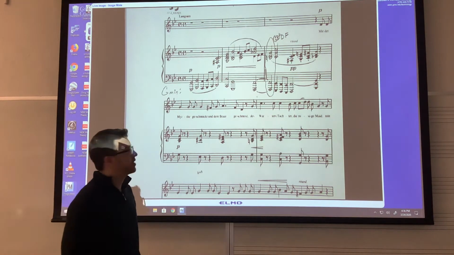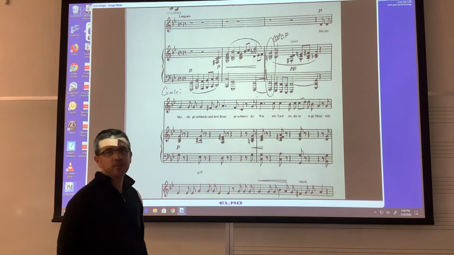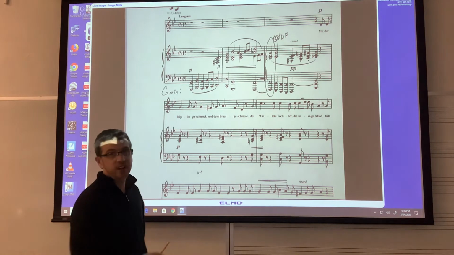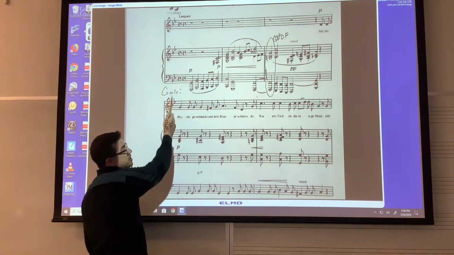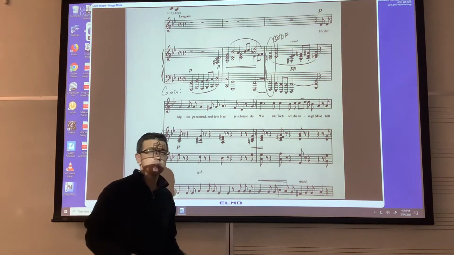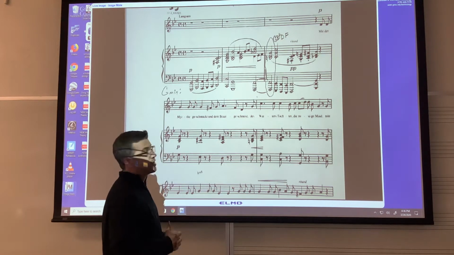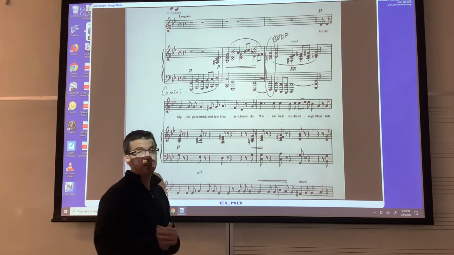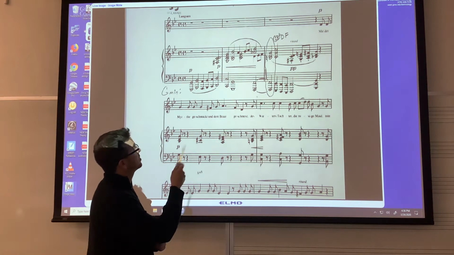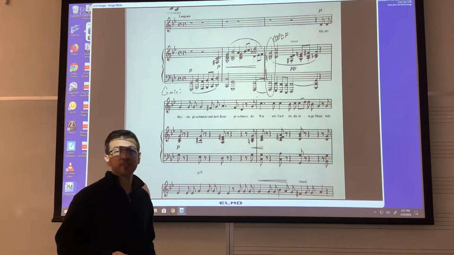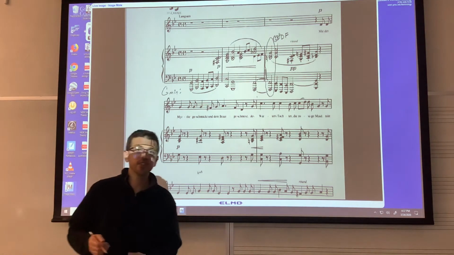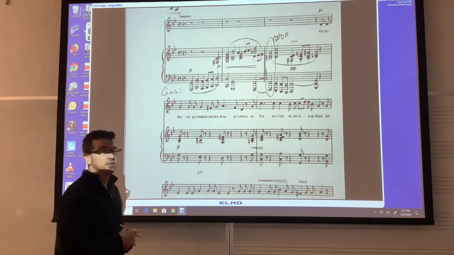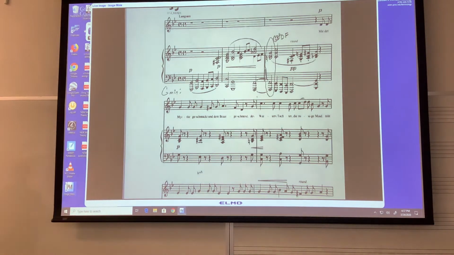So it looks like we've got G, B natural, D, and F. Notice the B natural takes it out of the key of G minor, so this is a secondary chord. G is the dominant of which key? G is the dominant of C, and we know this is a G7, so this is a 5-7 of C. We're not in the key of C though, we're in the key of G minor, so this is 5 of 4. And it looks like we have F in the bass,